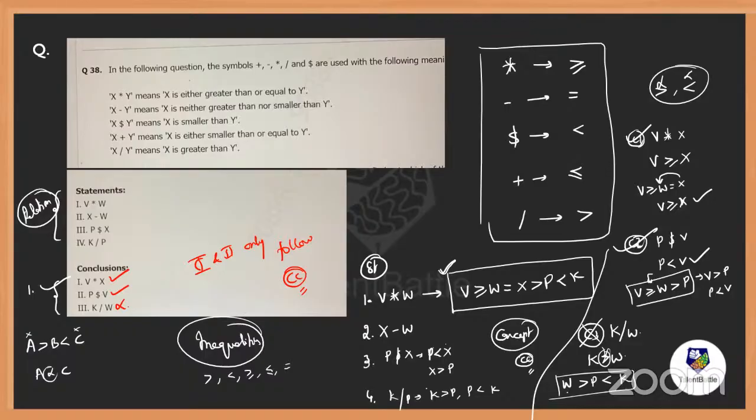Yeah. So what you have to do, again I'm telling you, is build the relation through the statements for all the alphabets that are included, and using the conclusions, check whether the conclusion is right in the statement or not. If it is right in the statement, it should follow. If it is wrong in the statement, it will not follow here. That's all, job done. Easy peasy. Got it? That's nice. Now do one thing. Take a quick screenshot, everybody. We'll move on.